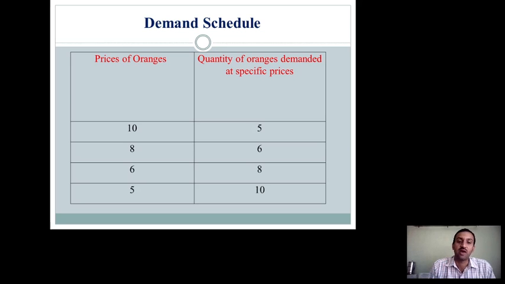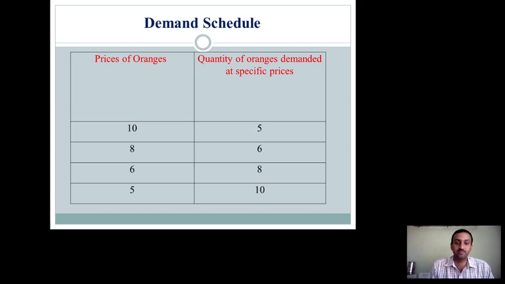Now here, as the price decreased from 10 to 8, the demand increased from 5 to 6, that is, 6 dozen oranges were sold. After that, the price decreased again from 8 to 6. At that point, the demand for orange was 8 dozen, and when the price fell again from 6 to 5 rupees, the quantity of orange demanded increased from 8 to